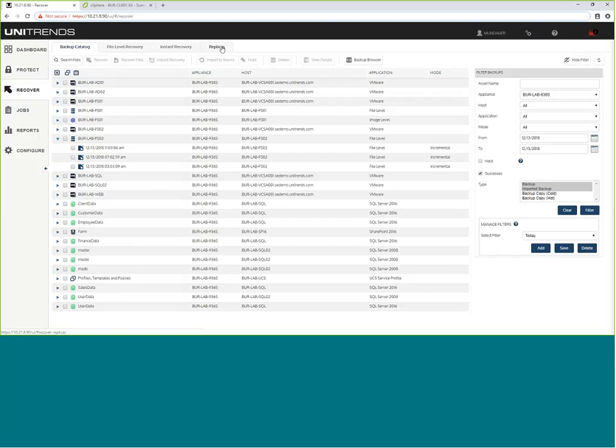So it's really easy to manage your backup schedules, automate your testing, as well as ensure that all of your files and backups are quickly accessible and ultimately recoverable without spending a tremendous amount of time managing the overall process.